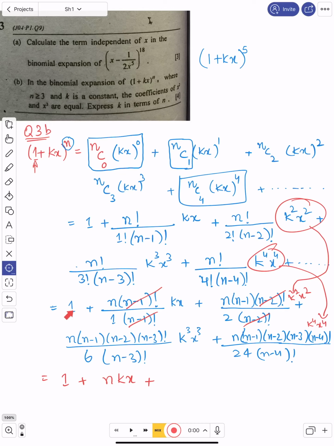this is the first term, this is the second term, and this is the third term, fourth term and fifth term. We are at third term, so n into n minus 1 over 2 and k square and x square. Now you can see I have cancelled it. In the fourth term I'm remaining with n into n minus 1, n minus 2 divided by 6 dot k cube and x cube plus